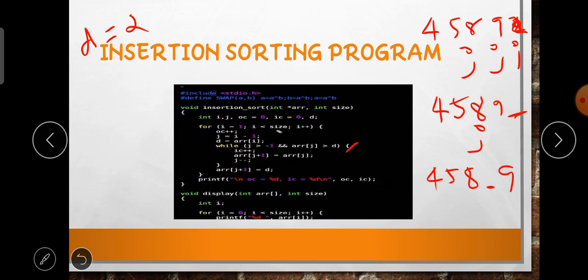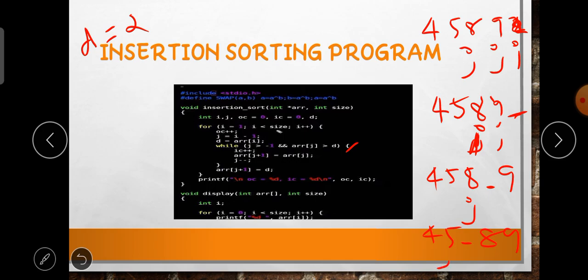Comparing 9 to the 2, yes it is greater, so it swaps here. Then j is decremented again, comparing 8 to the 2, yes it is greater, so again we swap: 4, 5, empty place, 8 and 9.